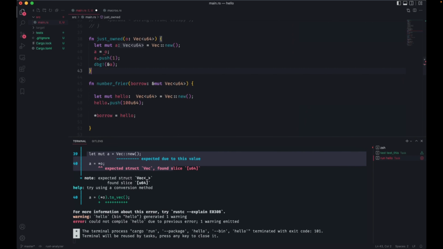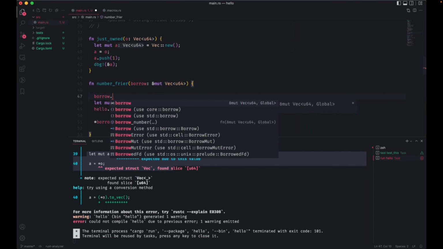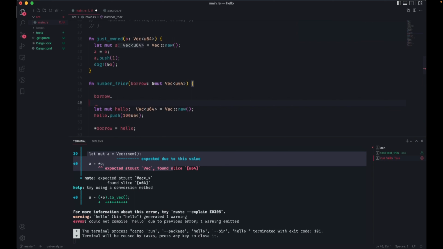But yeah, let's think, if you remove this mutable from 3 different places, which is this line 45, and also when you call the function and you define the variable at the same time, would it still work? I'm just reverting back to the number Friar example. Okay, this one here, yeah. Let's see. I can do different things to borrow. Let me see.